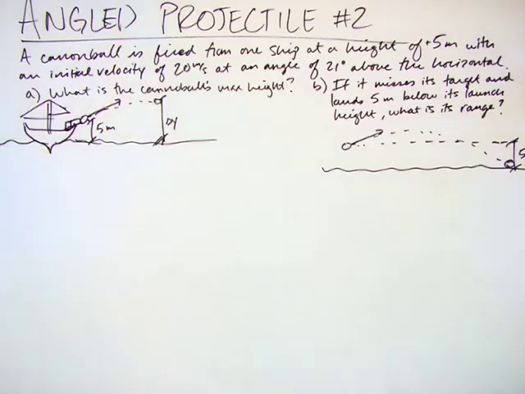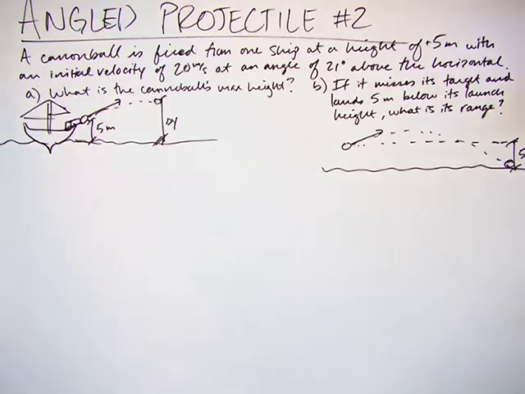Okay, in this example, we're going to look at a slightly more difficult angled projectile. In this case, we have a cannonball fired from one ship at a height of 5 meters above the sea level, let's say, with an initial velocity of 20 meters per second at an angle of 21 degrees above the horizontal. And we want to know, A, what's the maximum height the cannonball will reach during its flight, and then